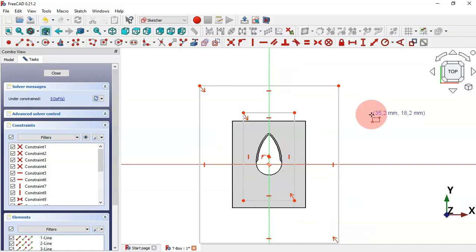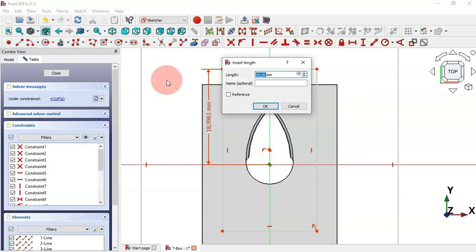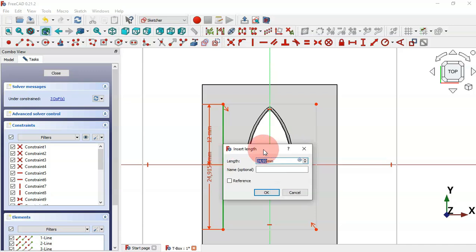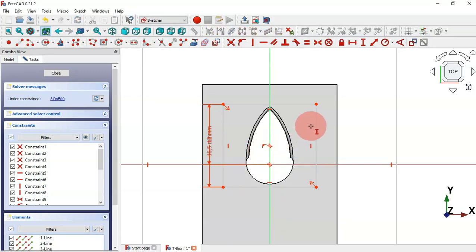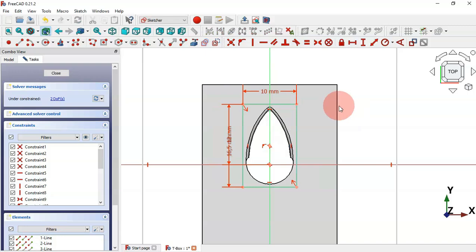Okay, next let's select vertical distance tool, click on this origin point, and now in this endpoint here, and here let's set 12, and the length for this one here let's set 16.5. Okay, and next let's select horizontal distance tool, and for this line here let's add 10 millimeters, escape 2 times,